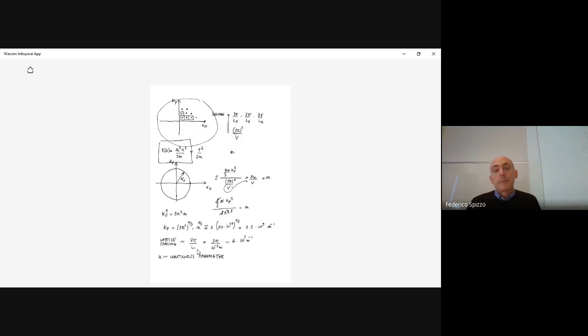But many times we will also have to consider the energy of the levels. And in this picture, the energy is the same if you consider, for instance, all the levels that are found